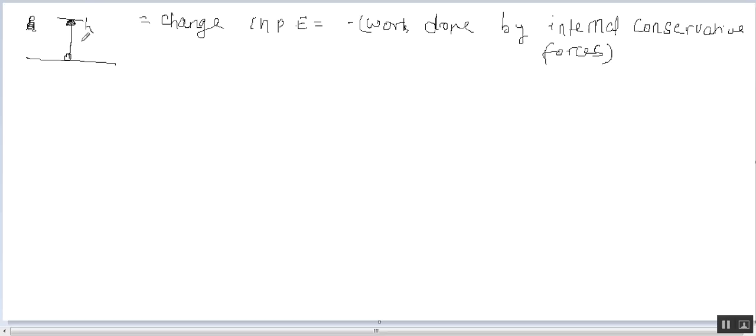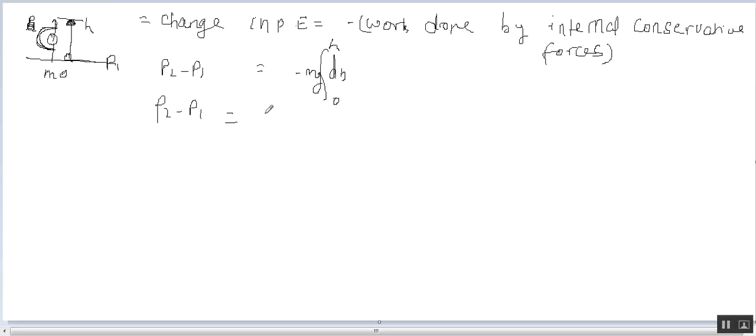This is the height h. So what is the work done? If you look at this carefully, if I draw the figure, this is mg, and this is the direction in which displacement is taking place. So what is the angle between them? The angle is 180, so cos 180 is minus 1. So minus mg dh from 0 to h. Let's suppose here the potential energy is P1, so P2 minus P1